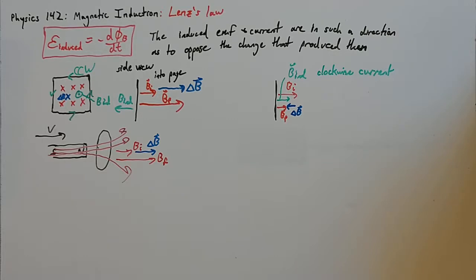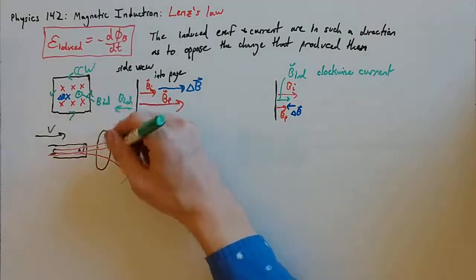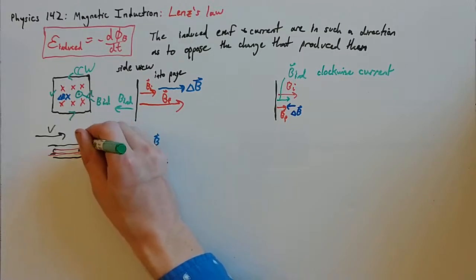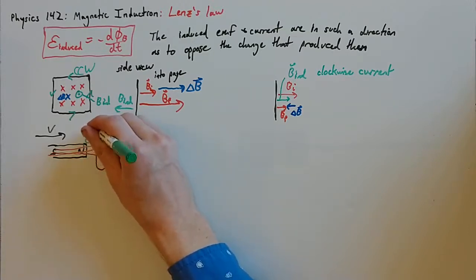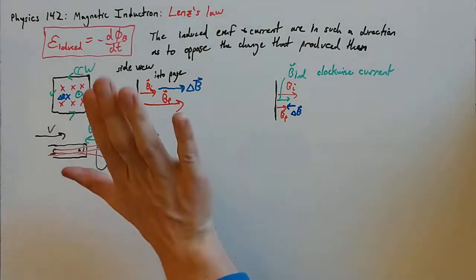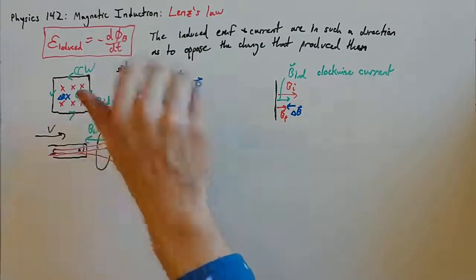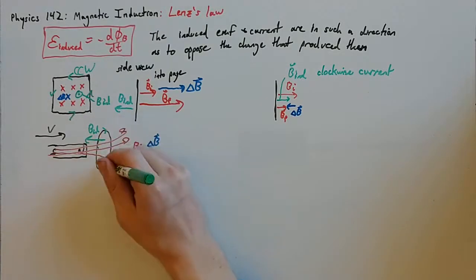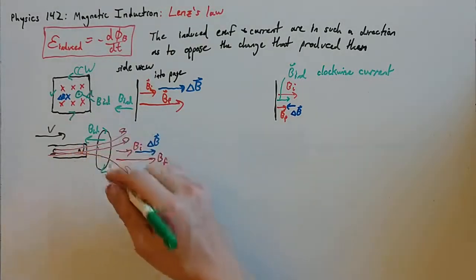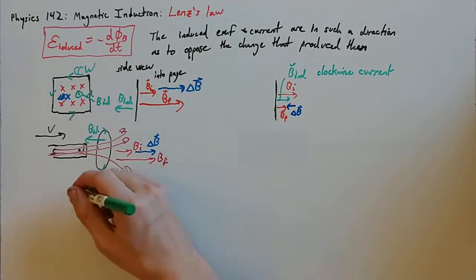And so that means that we're going to have to induce something that opposes that. And so whatever current is induced here will create a magnetic field that opposes this change. So we'll get a B induced this way. How do you get a B induced that way? Well, that's going to require a current that goes around the loop like this, depending on your perspective. From the magnet's perspective, if we were looking down on it,